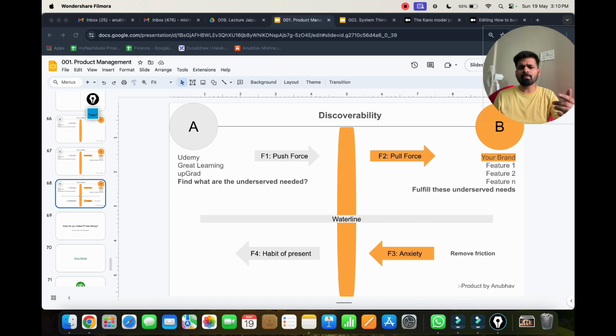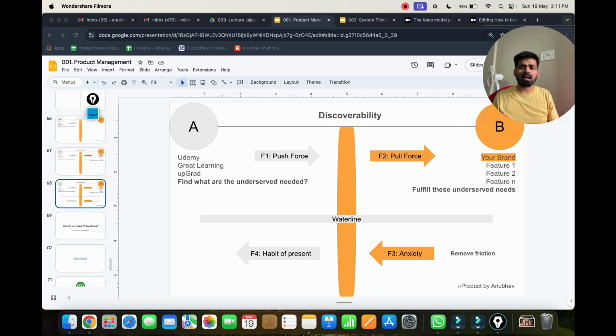Now you might be wondering, okay, if I make that delighter, how about your competition can copy? Definitely they can copy, but it's not that easy for them, because a lot of time legacy issue happens with a company. So let's say when you are a startup, you're flexible enough to experiment and launch different kinds of features, but sometimes those features are not aligned to the goal of the company.